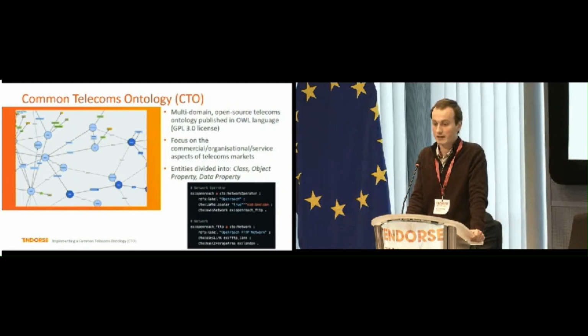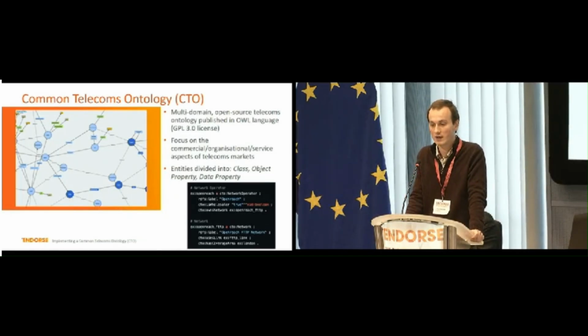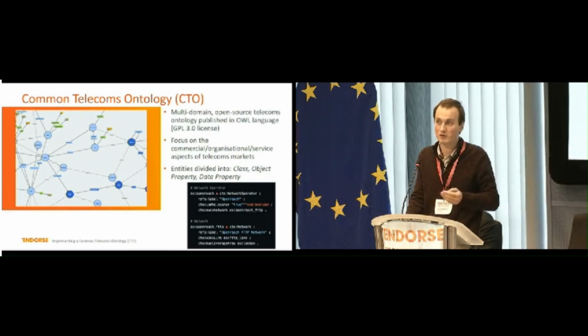Our ontology is divided into classes, object properties, and data properties, and you see here just an example. So Openreach is a network provider in the UK. It is also a wholesaler, so that's a characteristic of a network operator, whether it is only operating as a wholesaler, so they don't sell to end users like you and me at home. Then we have networks. We have different types of networks, different properties of networks, and different types of relationships to different organizations. And that's what we want to represent here.